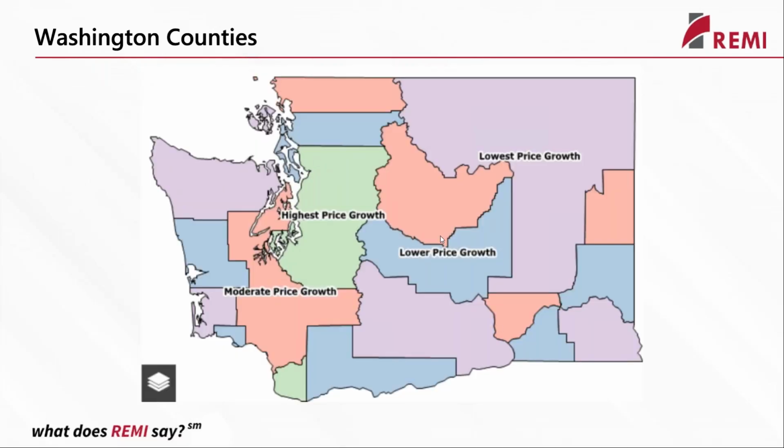Great, and this is a map of how that aggregation plays out in the state. So you can see that in the Seattle, Tacoma area, those highest price growth, this green section right here, you see the highest amount of growth. Clark County in the south is where Vancouver, Washington is, and then that moderate growth hugs those areas. Spokane is off to the east here, and so that's a larger metropolitan area that's seeing healthy growth. But then the lower priced and the lowest priced categories tend to be on the periphery away from that urban core.